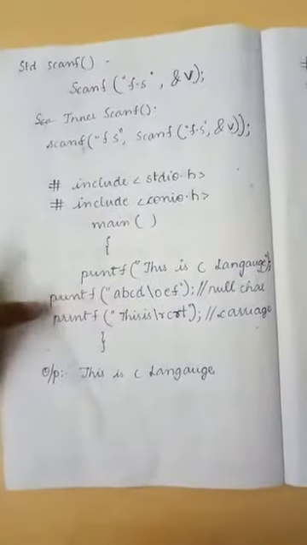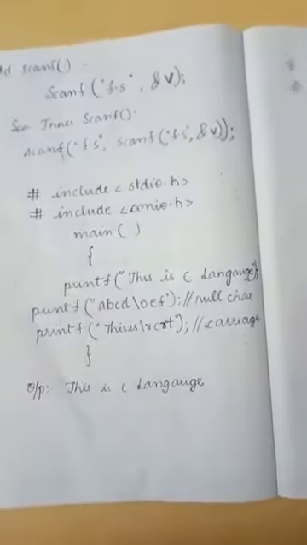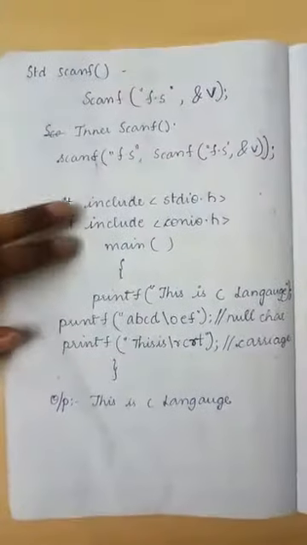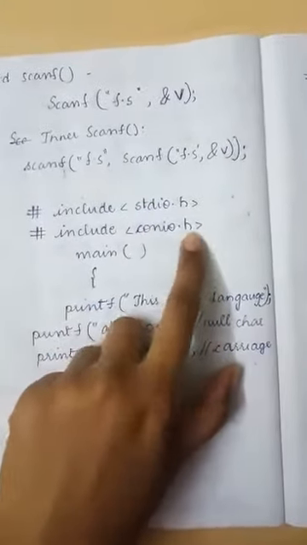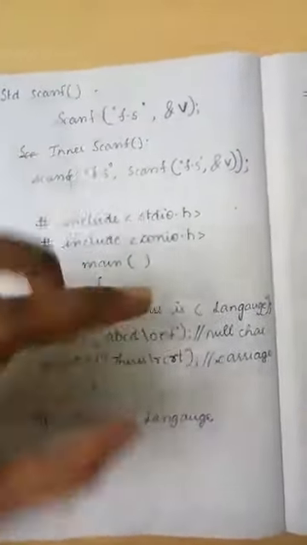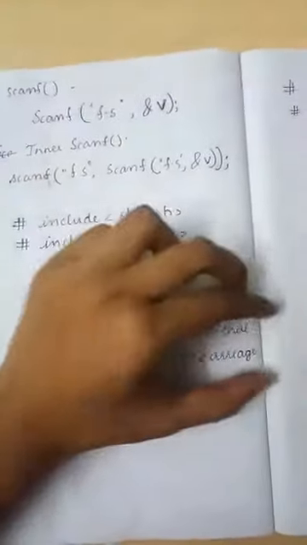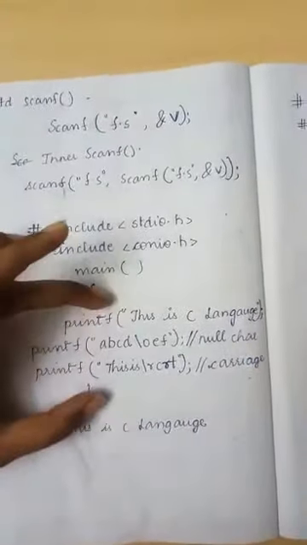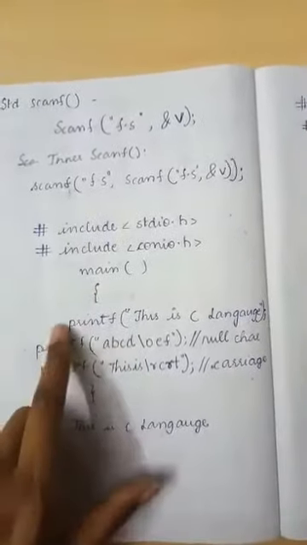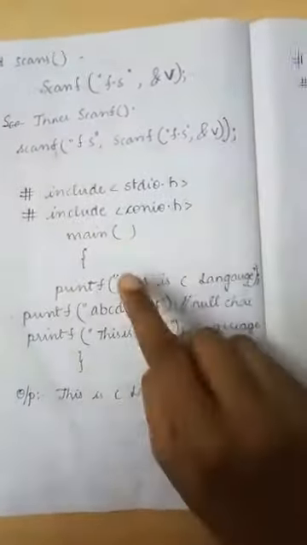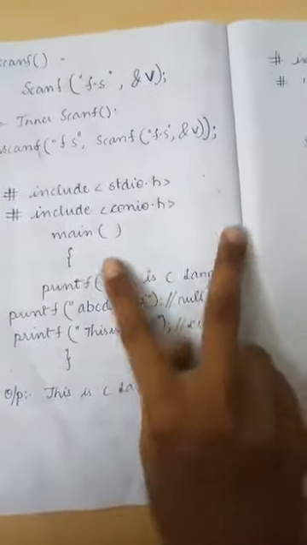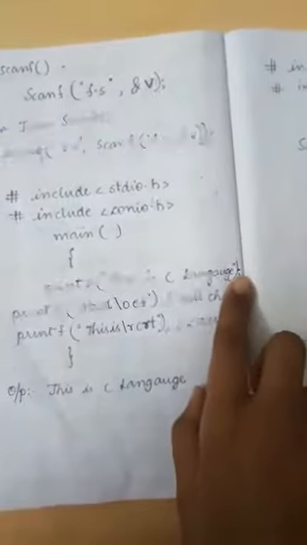Let us see one simple program based on these printf statements as well as escape letters. Whenever we write a program, we first include two header files, that is stdio.h and conio.h. Whatever code we write has to be in between these two braces, a block of code inside main. The first statement: printf("This is a C language"). As I told you in the printf syntax, the statement we want has to be in between the two quotes and end with a semicolon.